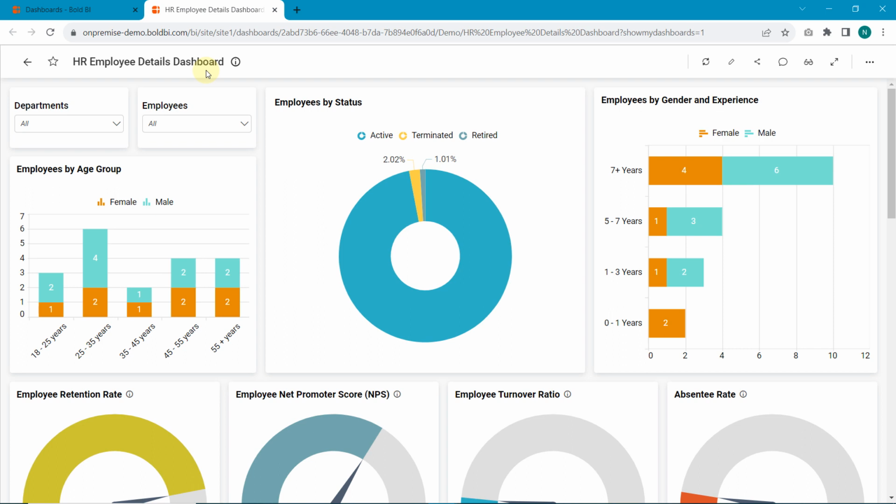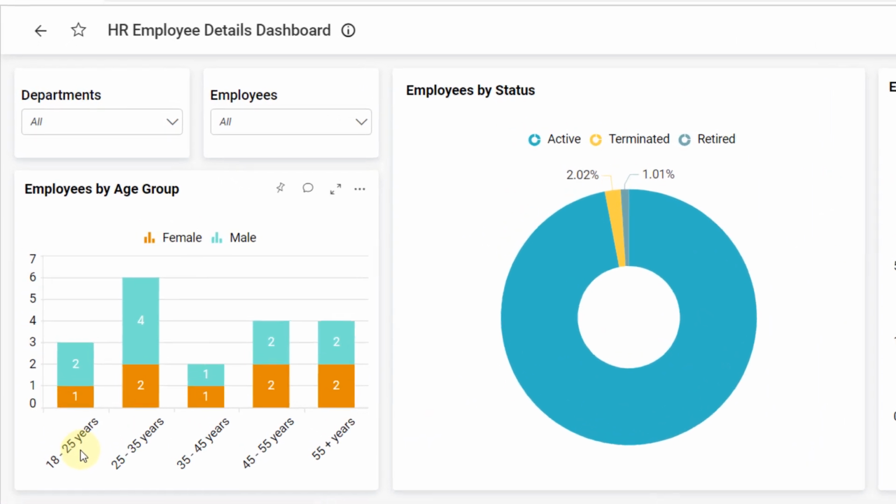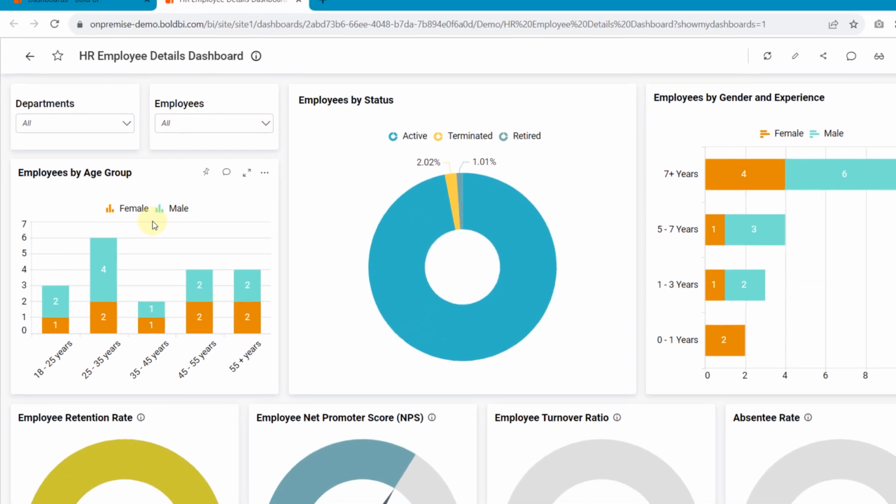In this dashboard, the stacked column chart emerges as a potent visual tool, enabling us to explore the composition of an organization's workforce. Take a look at the x-axis labels, which represent various age ranges, guiding us through the stages of employees' careers. On the other hand, the y-axis labels display the employee count, offering vital insights into the size of each age group. Together, these labels provide crucial context, ensuring that we fully grasp the presented data. It's important to emphasize that the clarity introduced by these x-axis and y-axis labels is absolutely essential for making sense